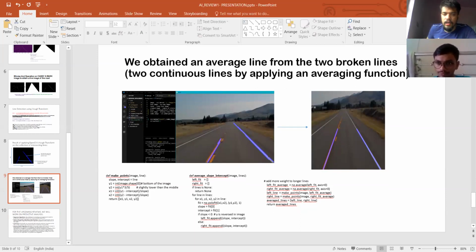The next part of our project is the traffic signs classifier, which is done using a convolutional neural network. So I'll be opening Jupyter Lab for this. This is the part where we classify the traffic signs. The data set is basically taken from a German data set which contains all the traffic symbols, and these traffic symbols are classified into 43 different classes.